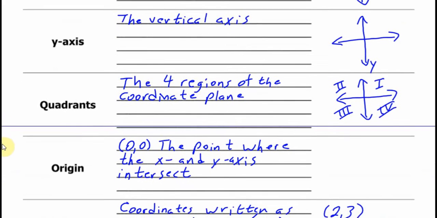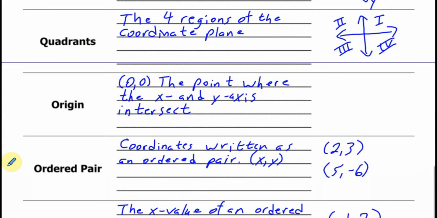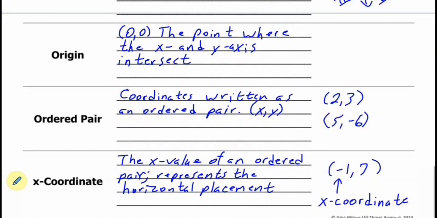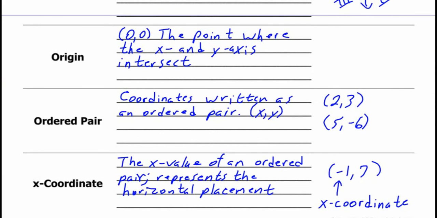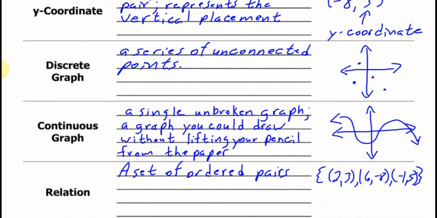Here's some terminology that I'm going to be referring to. You can pause the video and write down terminology, the definitions at any point. Y coordinate. One that I want to point out is this discrete graph. It's just a bunch of unconnected points, where a continuous graph is all the points are connected, so it looks